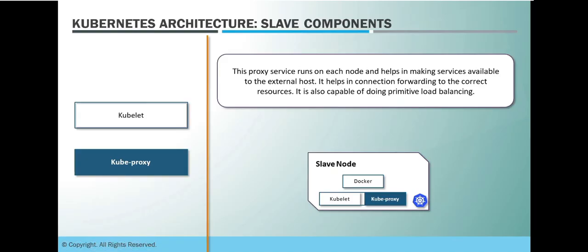Okay, so it helps in connection forwarding to the correct resources. It is also capable of doing primitive load balancing. So whenever we are deploying pods or services, we need to forward external communication to those pods or services effectively, right? So that these services are discoverable to the outside of the cluster, maybe master or other nodes.